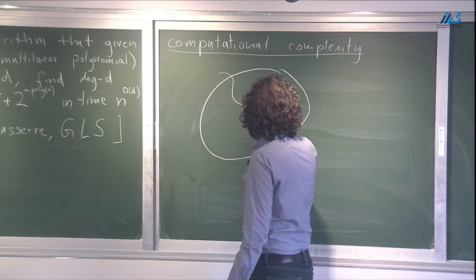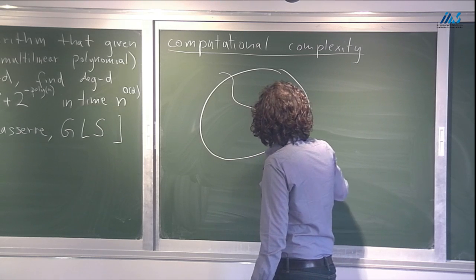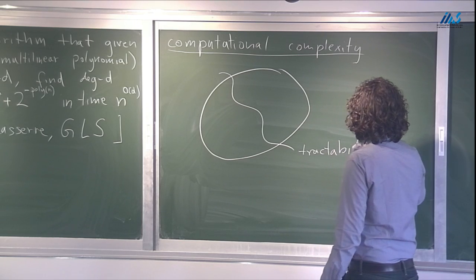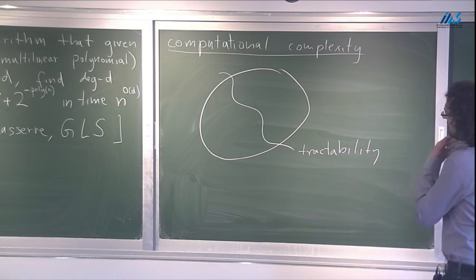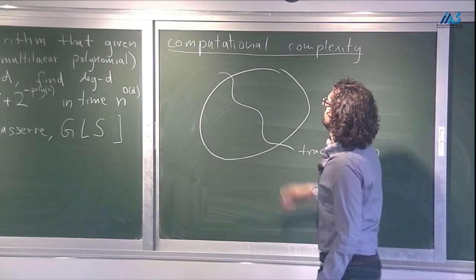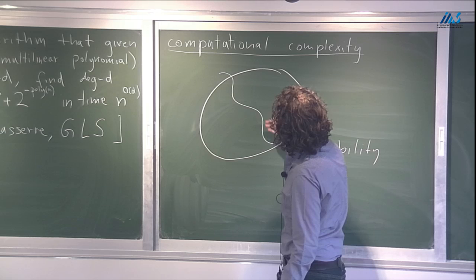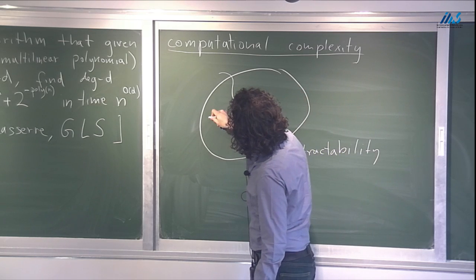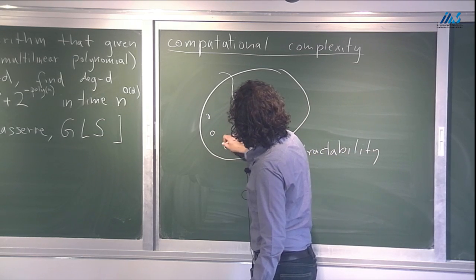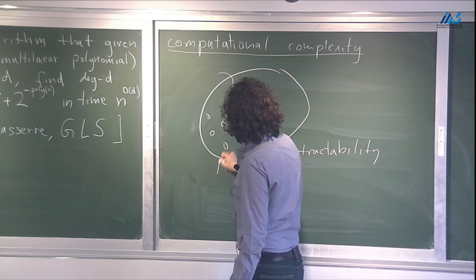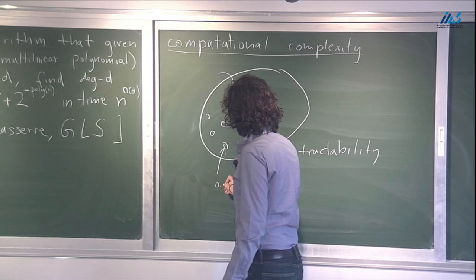Some problems are intractable. Suppose this here separates the tractable problems from the intractable problems, and we really don't have any idea what this curve looks like. What's the difference between tractable problems and intractable problems? What we know is we have a bunch of examples, some algorithms that show that these problems are tractable. For example, here, 0.878